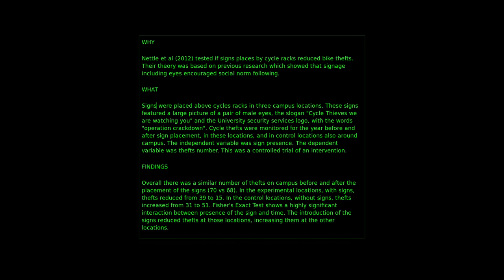These signs feature a large pair of male eyes, the slogan "Cycle Thieves, we are watching you," University Security Services logo, and the words Operation Crackdown. Cycle tests were monitored in